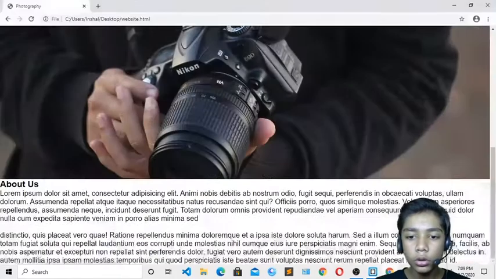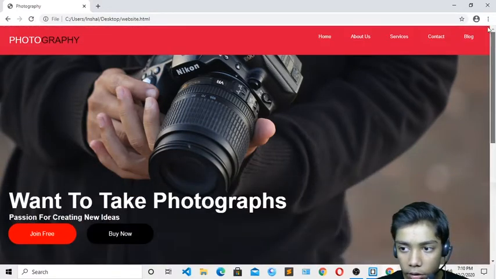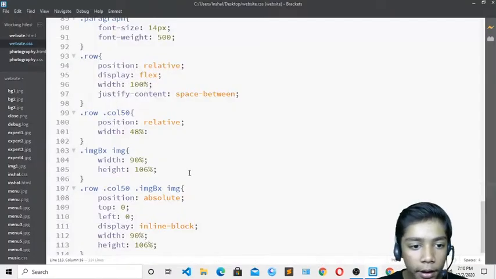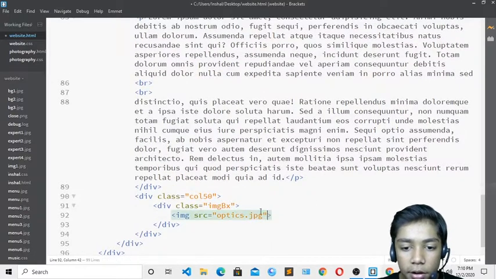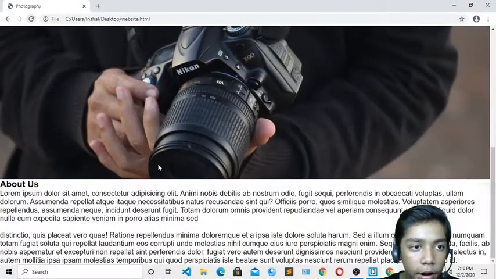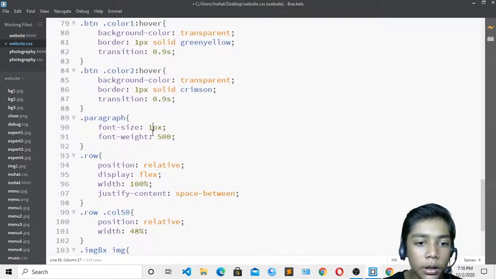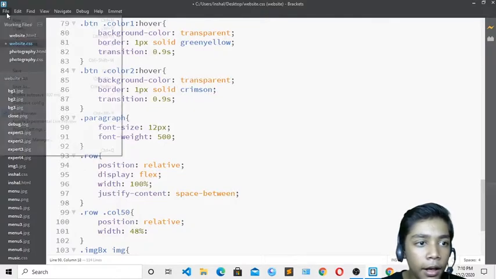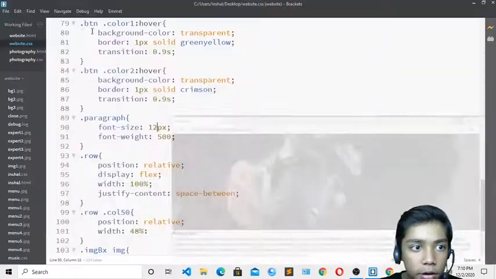And now if I show you, here you can see it is looking like that over here. Okay, so it is not looking right. I will come over here, and now if I go to my website.html1, here is my image. Okay, so I will erase all this from here, save, and if I show you from here and hit refresh, now it is gone. I will minimize and go to CSS1, and here I have defined paragraph. I will change it to 12 pixel, save, and go over here and hit refresh, so now it is doing well.